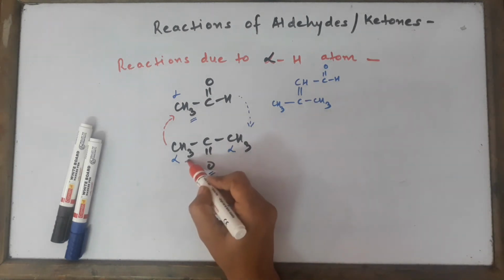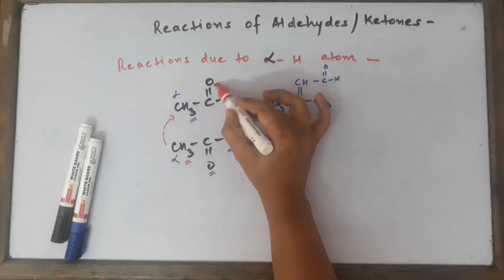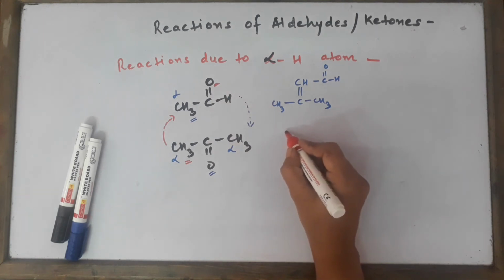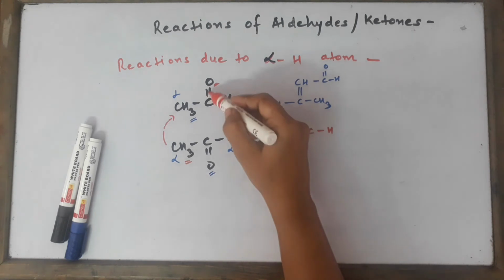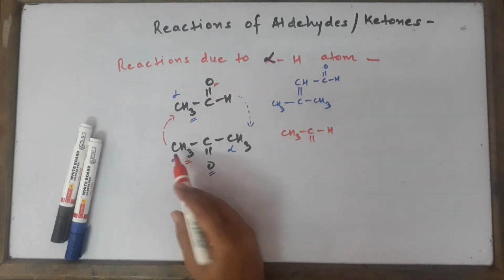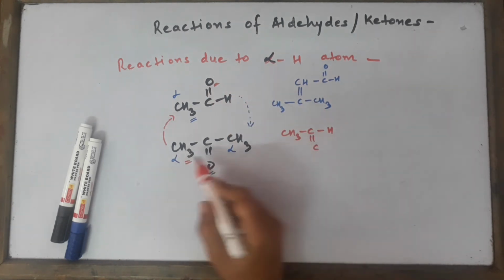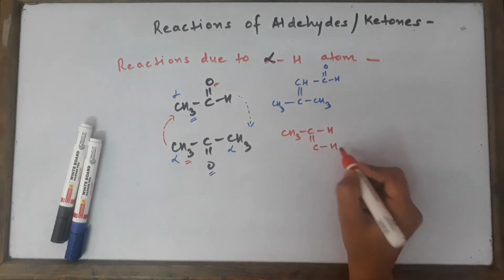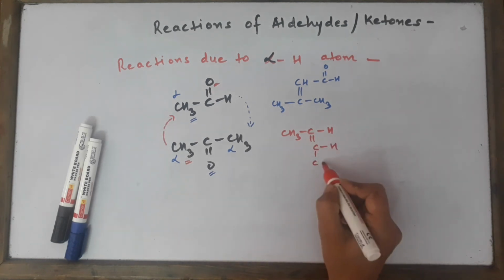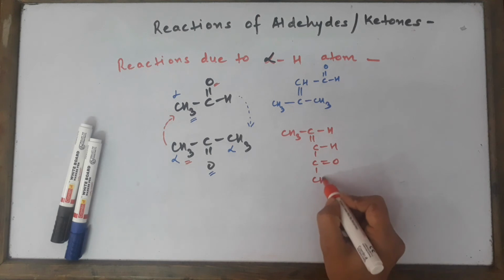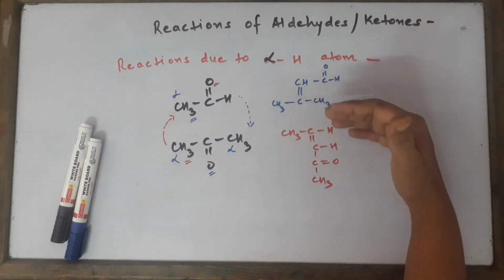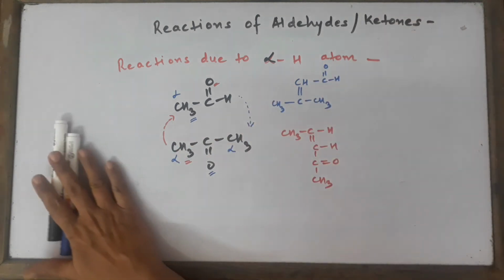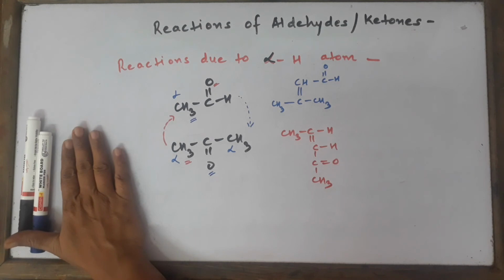In that case we will remove these hydrogens and connect this oxygen from here. So the product is going to be CH3CH and then a double bond connecting with this carbon, and one hydrogen is still there because we have removed two hydrogen atoms, and then just continue C double bond O, CH3. So these are the two cross aldol condensation products because two different compounds have reacted. And naturally, what will be the other products?